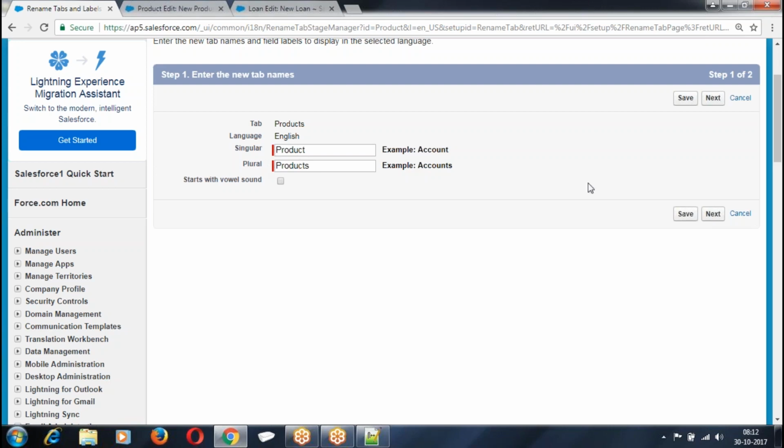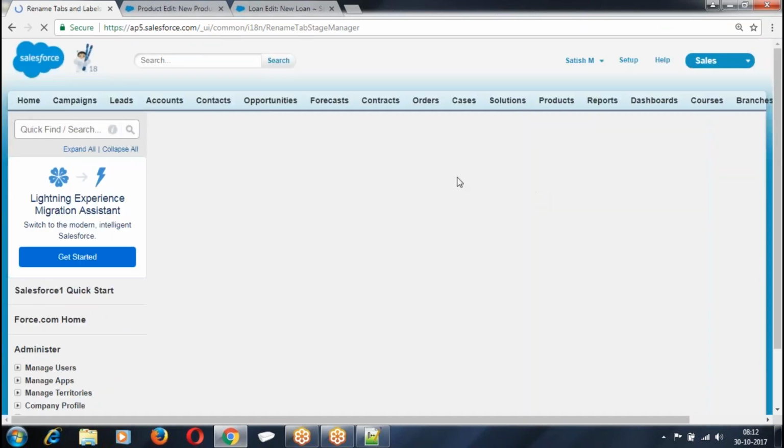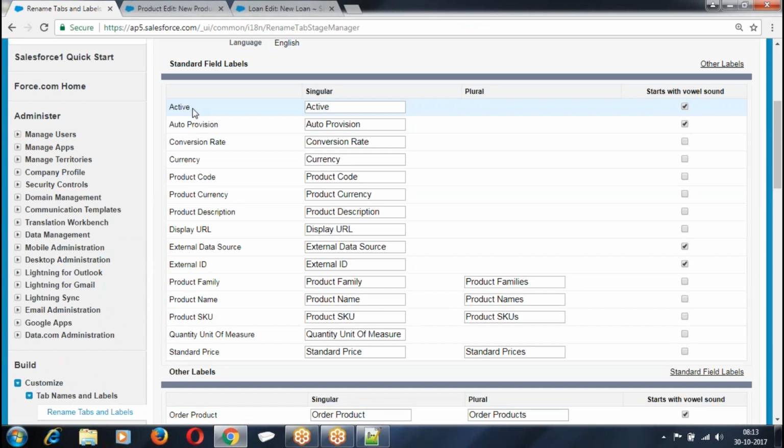I don't want the object name and tab name, the same name I want, but the fields I don't want. What you are finding here? All these are fields. So you are finding product family. Here I am saying product family. Here you are saying product name, product family.